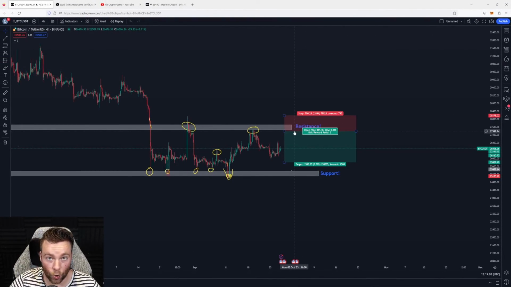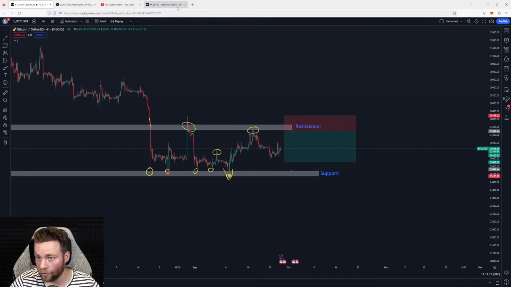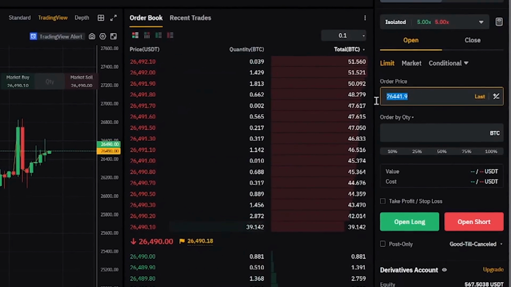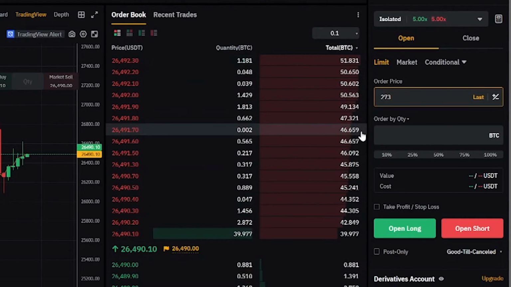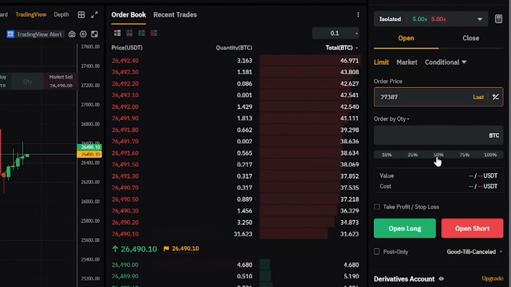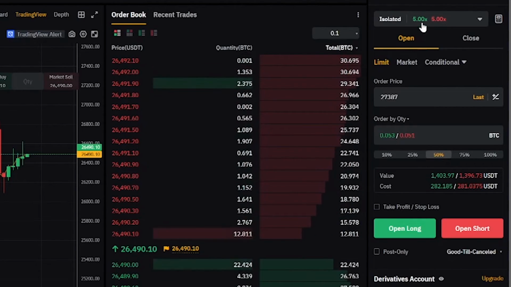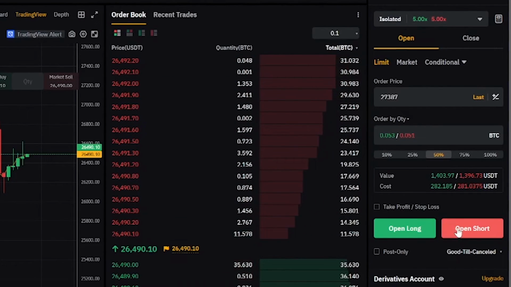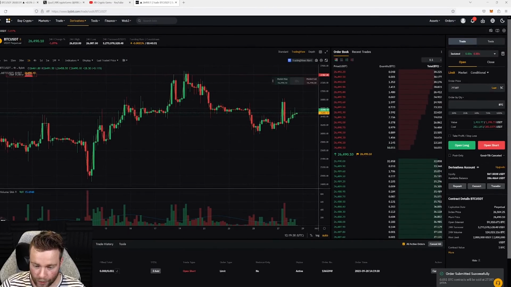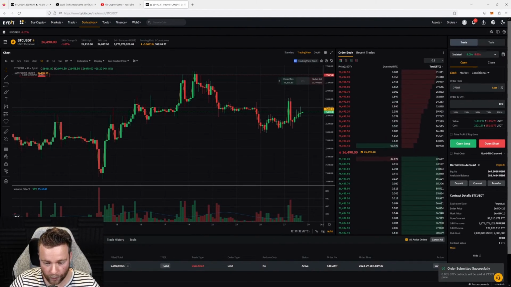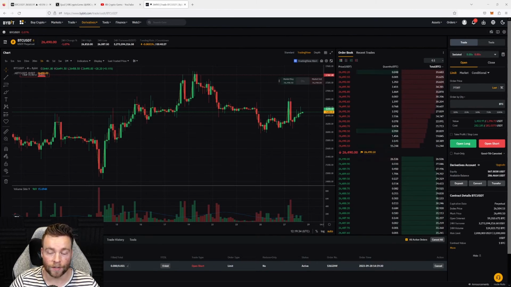As an example, let me show you on Bybit. Like I said, we're going to open a short at 27,387 for 50% of my funding. The leverage you can set up yourself, let's do 5x in this example. This is where I'd be opening a limit order and a short order. As you can see right now, it says a limit order for once it hits 27,387,